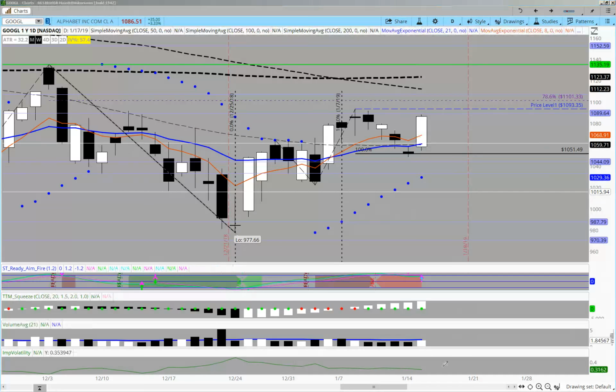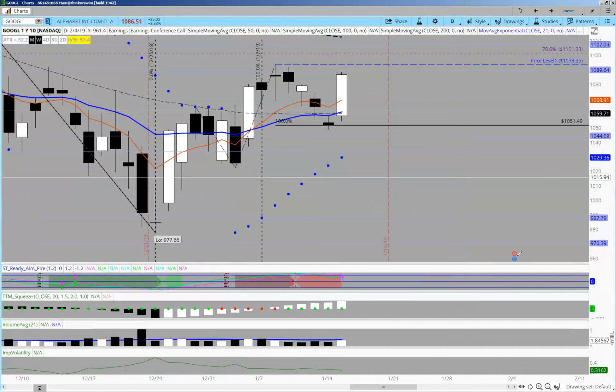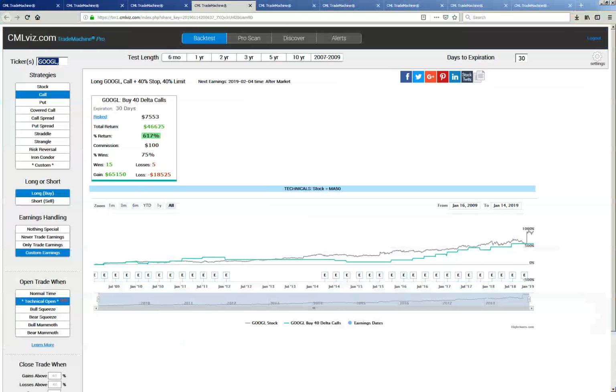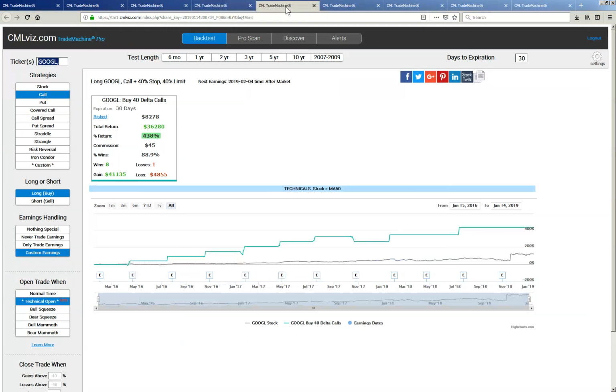Now, Google earnings are a little bit further out. So if you're going to try to treat this as the exact same technical signal, well, then you would try to focus on buying it on the 21st, right? Because the 21st would be that 2 weeks prior to the report. You could come back in and say, all right, well, if it does well on 14 days, what does it look like if I do it 21 days? You can kind of work that as you see fit, but it's just another example of showing you the same thing,